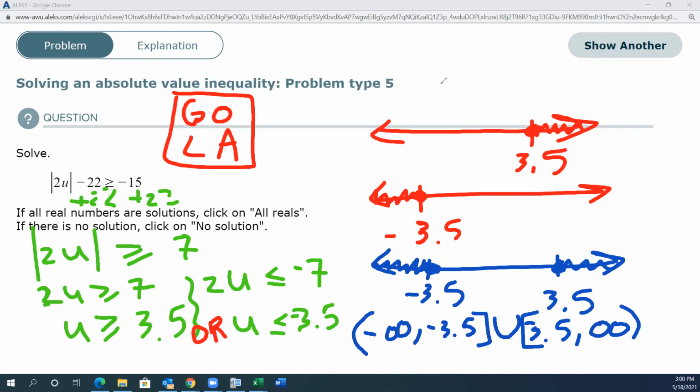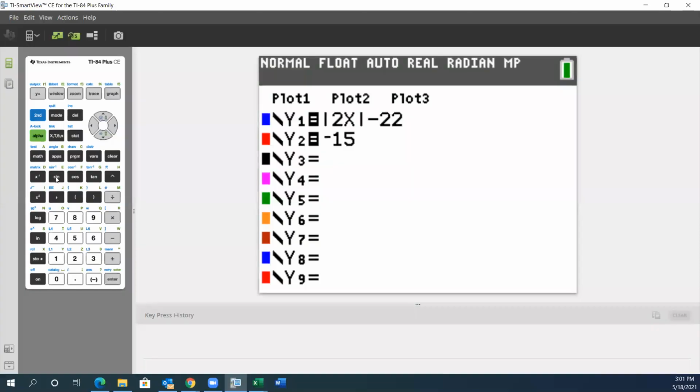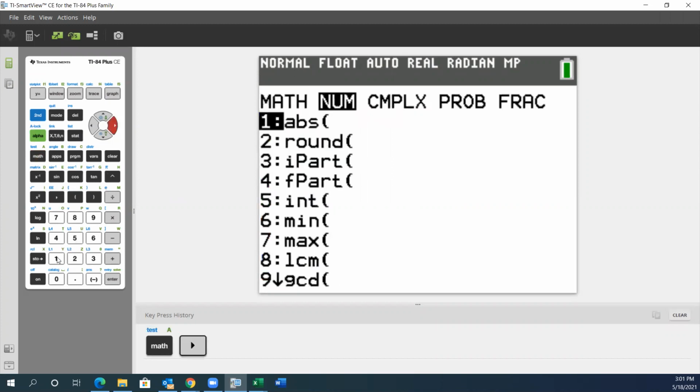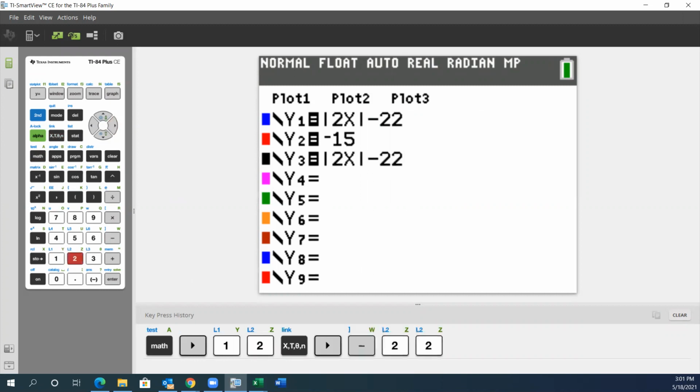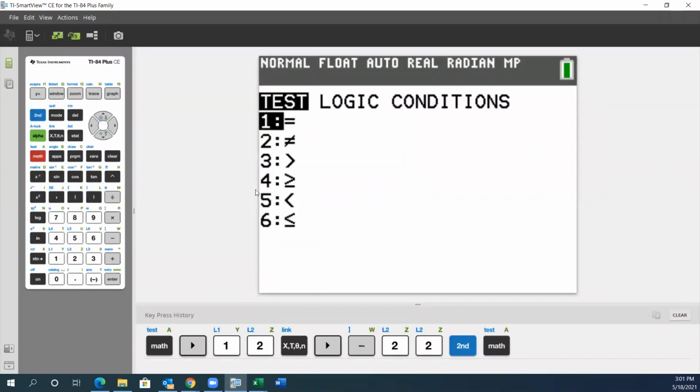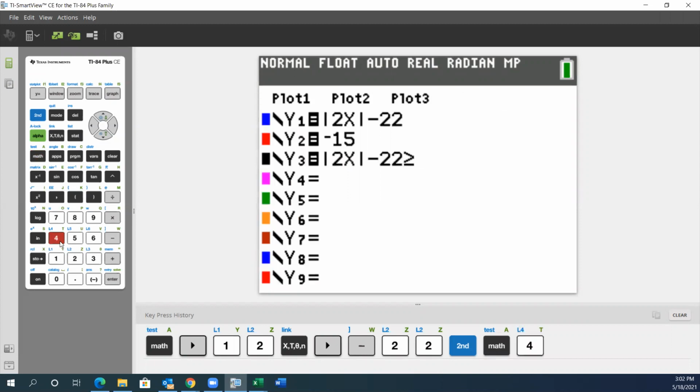Now, what about doing this on the calculator? Well, let's see how to do it. Let's start off by plugging in the left side for y1 and the right side for y2. All right, so I've got that. And because it's an inequality, not an equation, I'm going to put the entire statement on y3. So math, right arrow 1, 2x, right arrow, minus 22. And then I need the greater than or equal sign. So second math, option 4,